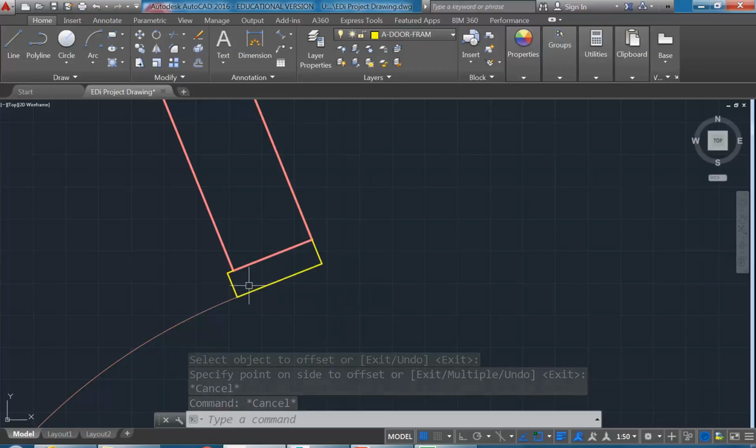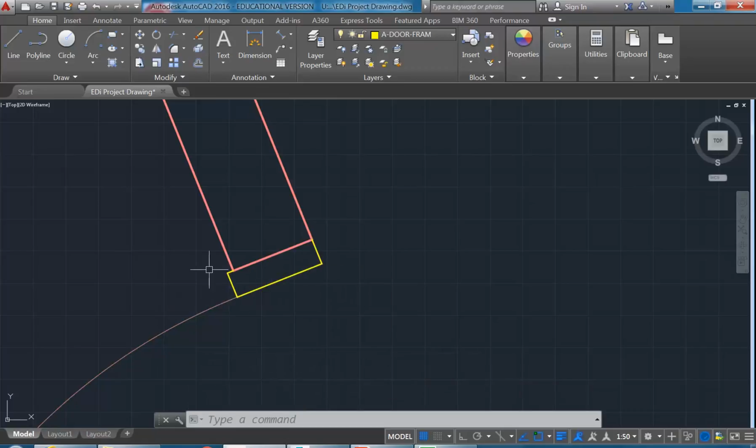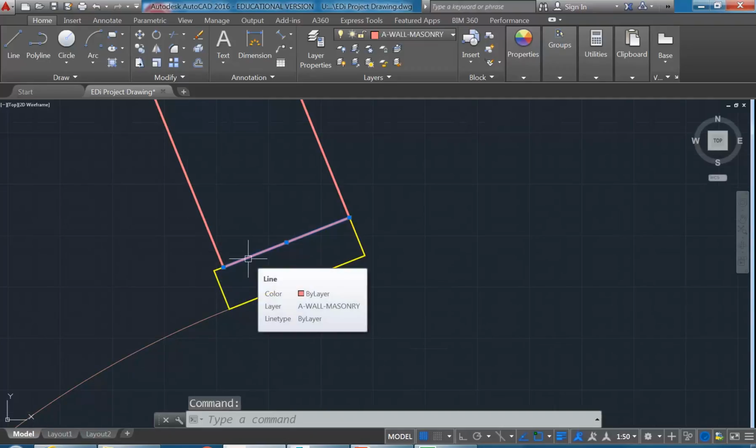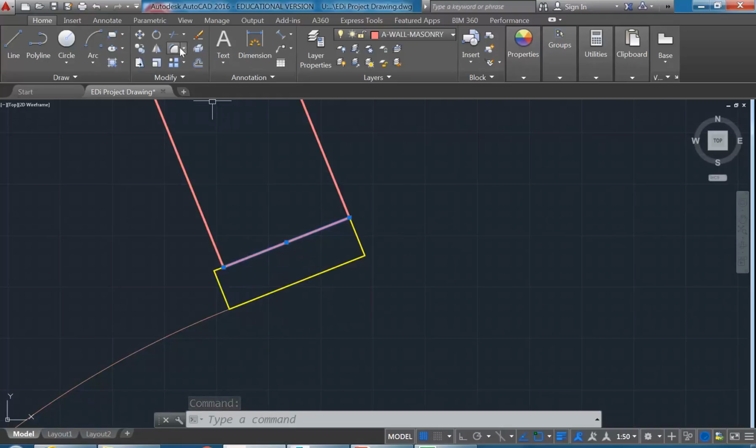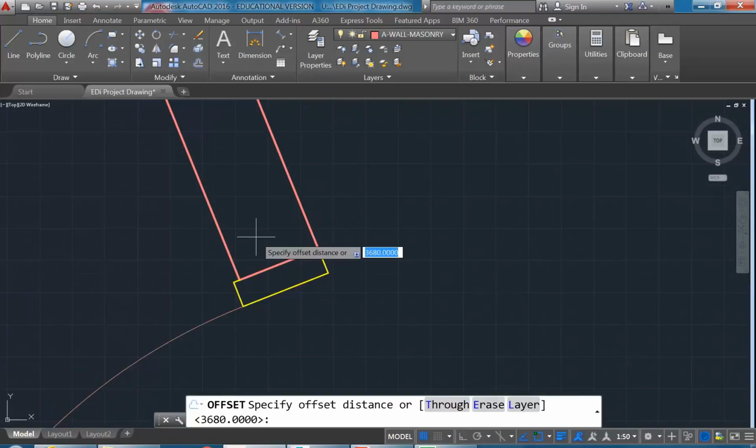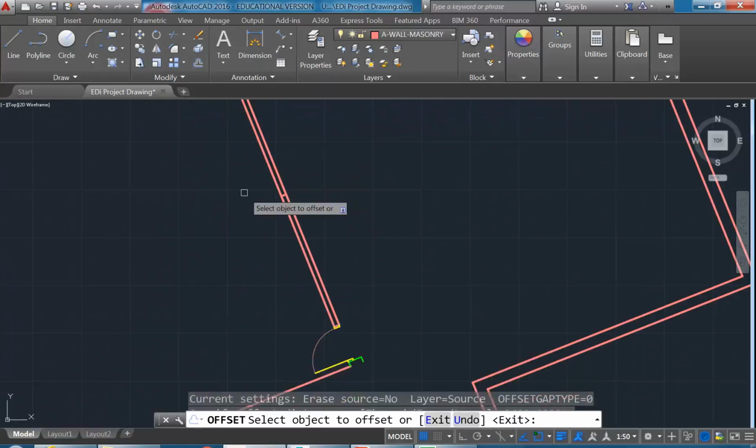So again, this door jamb is still simplified. We can put in the rebates and other things afterwards, but the important thing there is that we have that wall edge to measure from. So using offset now, I can put in the distance that you've measured, which again is 3680, and click to that side,